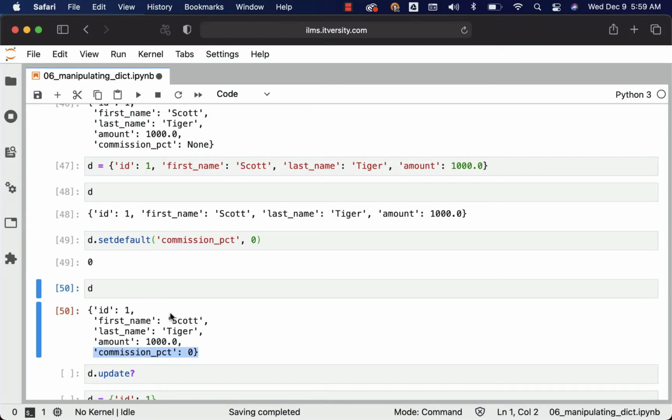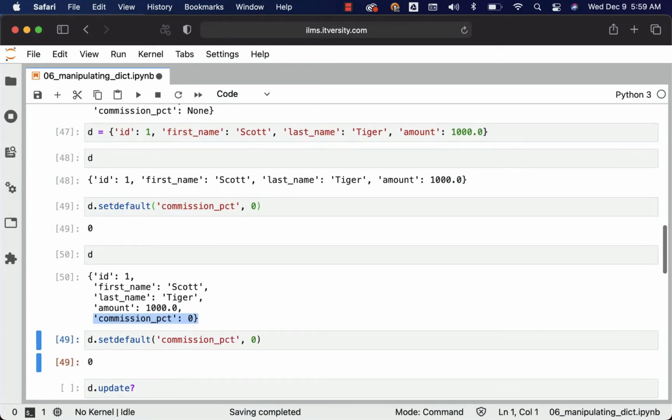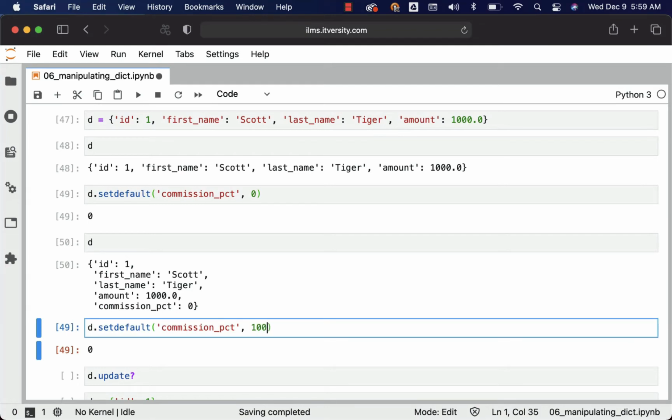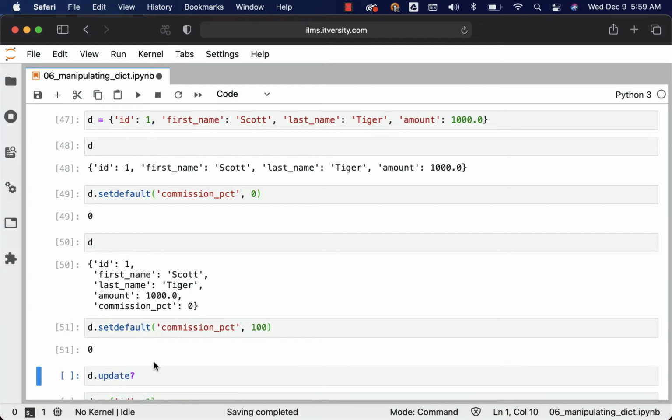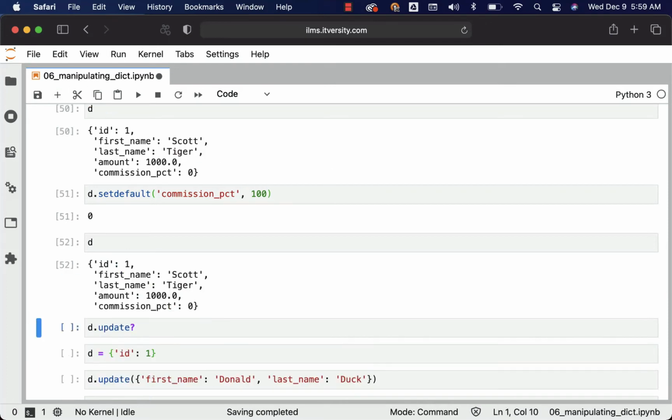If commission percentage already exists, it will not set the default. So in this case, if I try to run this again with, let's say, 100, because commission percentage already exists, it returns 0 only. And also it will not update the dict. Now the commission percentage will still be 0 only. So setdefault is typically used to add the element with a default value if the key doesn't exist.